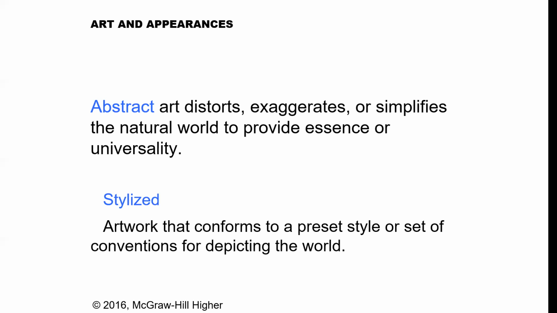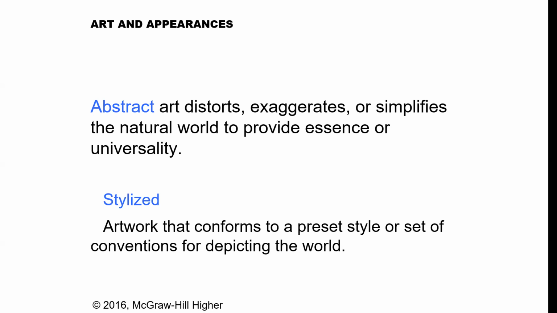Abstract art distorts, exaggerates, or simplifies the natural world to provide essence or universality. Our textbook quite aptly points out that every kind of art, to some extent, is abstract because it is a reinterpretation of something in the world or someone's mind. So abstract, we'll talk about more specific examples of abstraction, and our book has some examples of a kind of sequence of how an artist would abstract an actual object in the real world into one that is more